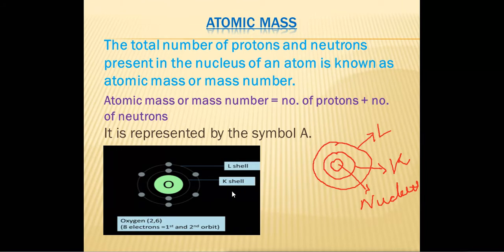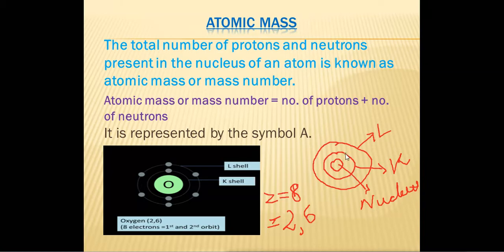So let's see, for representing the electrons in the shells, we should know the atomic number of oxygen. The atomic number of oxygen, which we represent with Z, is 8. Now we will distribute the electrons in the K, L and M shells. In the K shell, how many electrons can we give? Only 2 electrons. 8 minus 2 is 6. Then 6 electrons can be filled in the L shell.